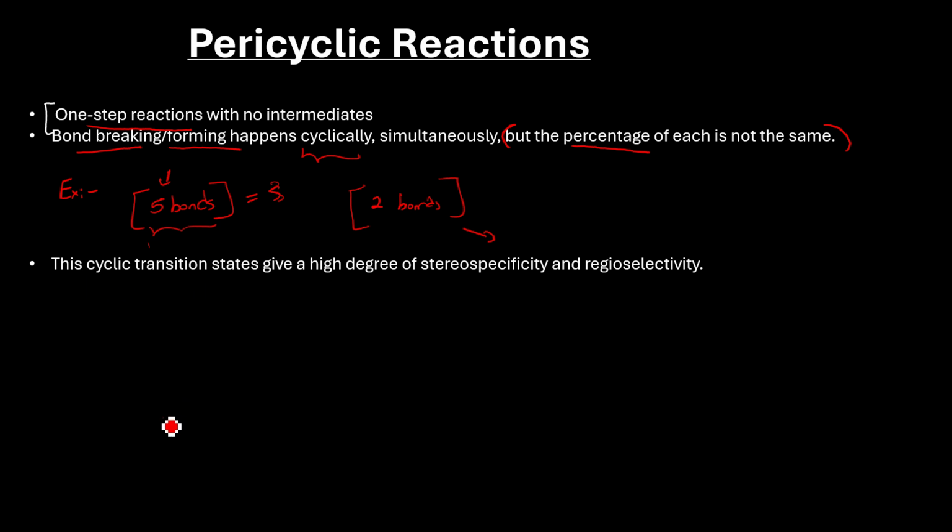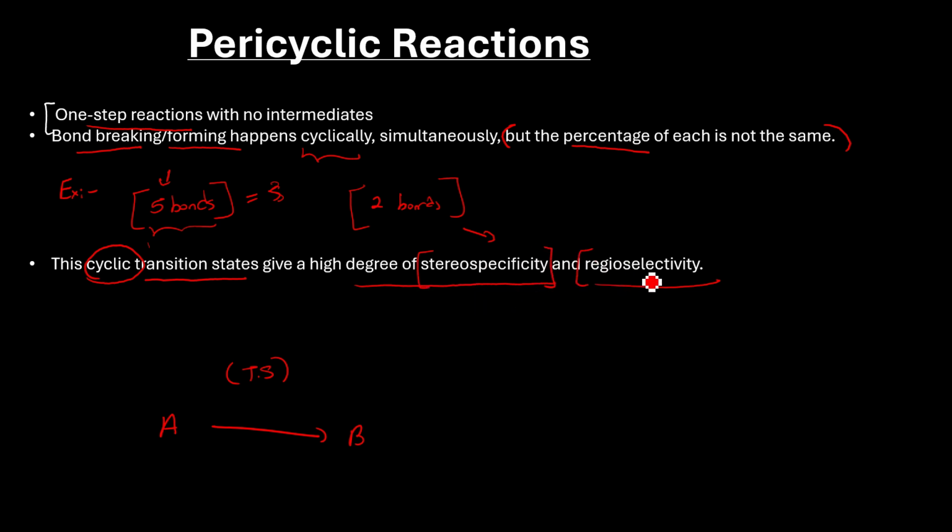Another thing is the cyclic transition state. I have told you that these reactions are one step reactions, so there are no intermediates, but there's a transition state. Every reaction happens through a transition state, I hope you know that. Now this transition state is mostly cyclic. It gives a high degree of stereospecificity and regioselectivity. So let me introduce you to these two words: